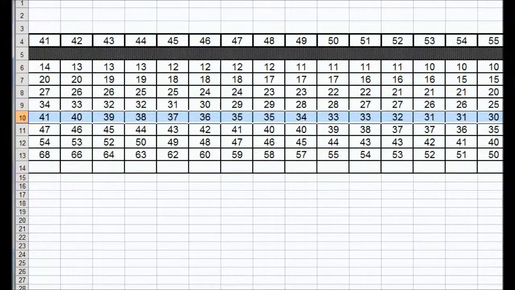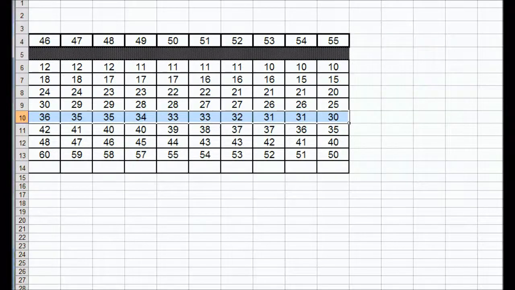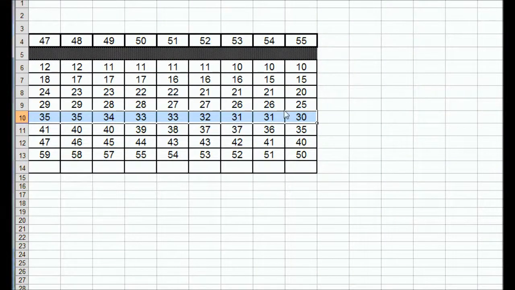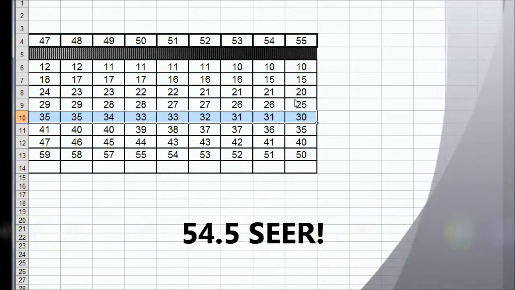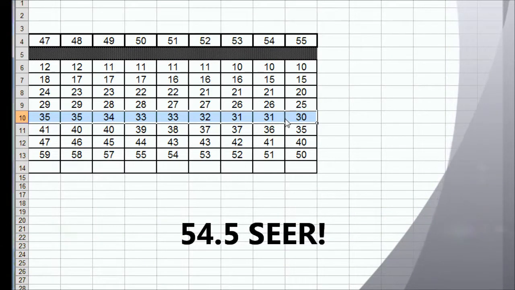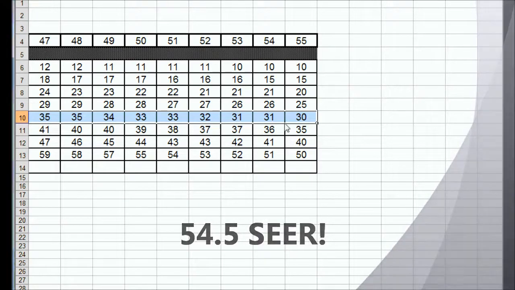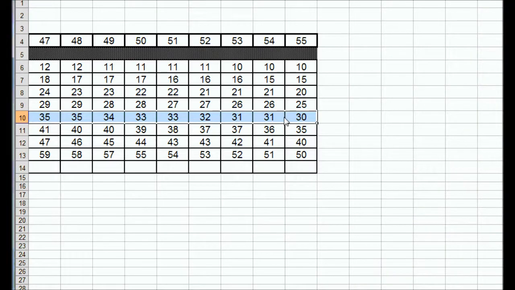We paid $30.64. So that puts us right in between 54 and 55 SEER. So about 54.5 SEER is where we're at for SEER rating. Just thought I'd share that. I think it's very interesting, and if you're wanting to lower your light bill and become more comfortable,